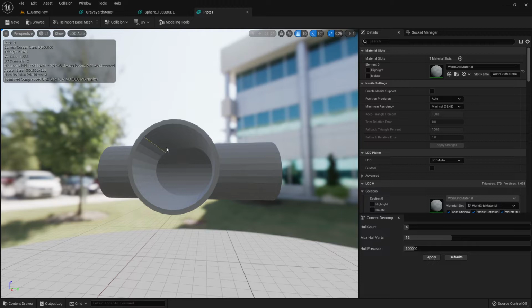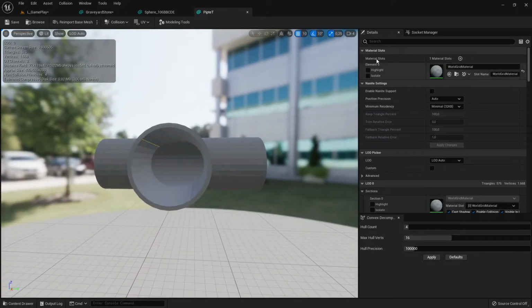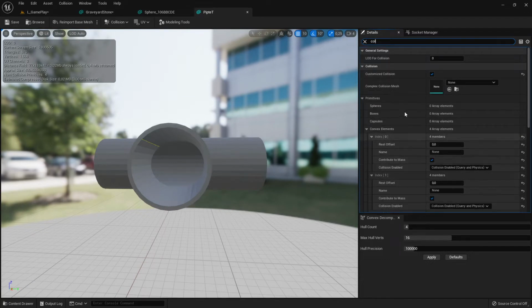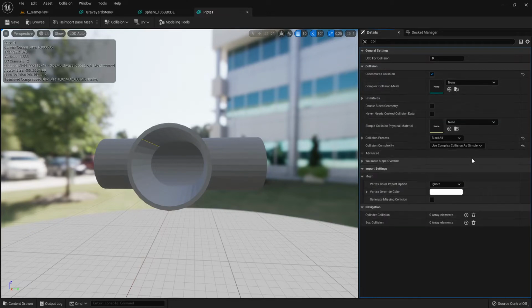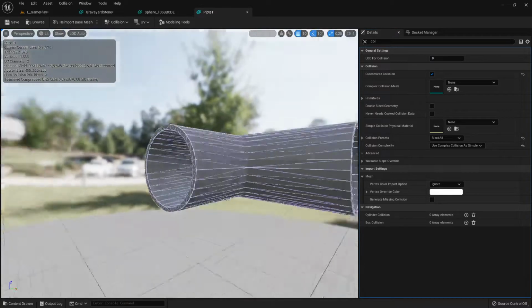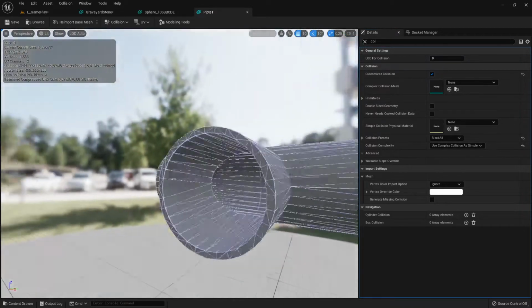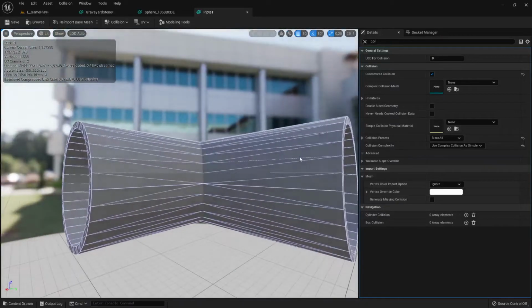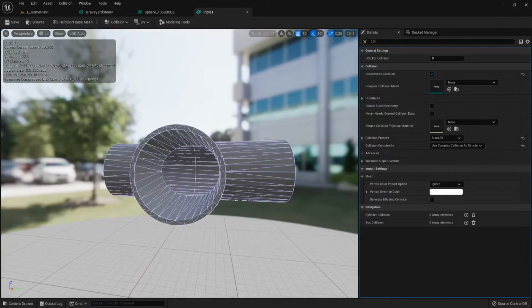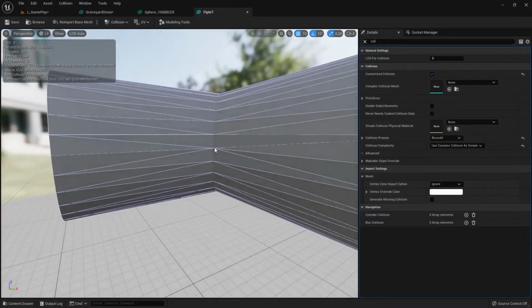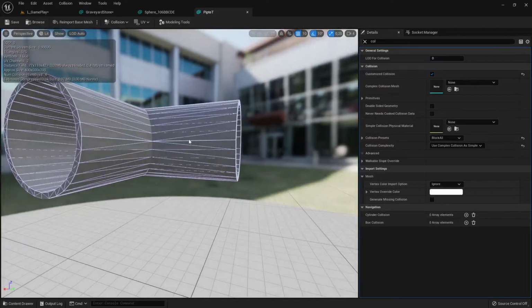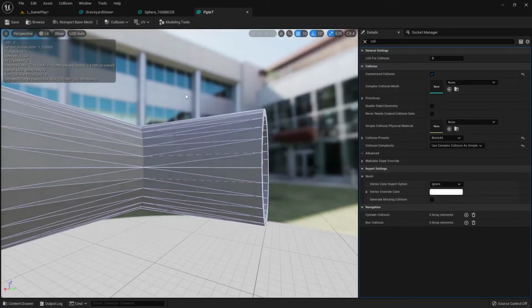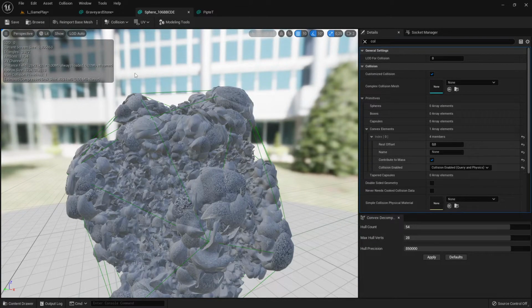And I said then, okay, for a pipe we can use, for example, this collision setting here again. Let's click this, and let's go here. Oops, here's the collision setting. And then I said, okay, use complex collision as simple, because this one will create exactly the surface. But I forgot to mention, it will work on all surfaces, but the problem is, if the surface is not flat, in this case it's very flat because it's a pipe, but if the surface of your static mesh is not flat and you change it later and make it uneven, then it will create a surface like this one here, which will be crazy,